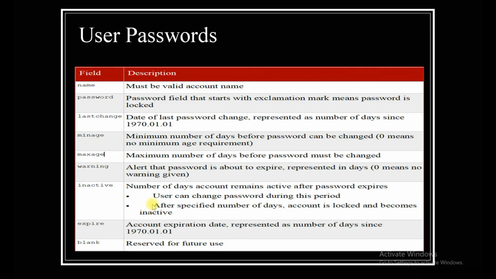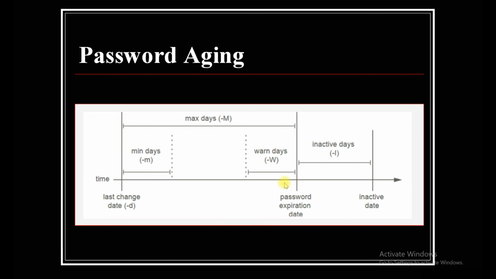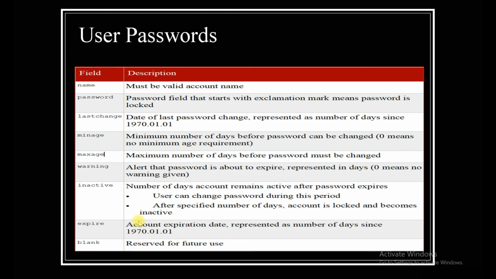This is inactive days. Let's say you have 90 days, and after the 90 days you still have 7 days. For example, within the 7 days, if you don't change your password, you can still use the expired password. If you don't use your expired password to change to the new password, then your password will expire and your account will be inactive. Already it's expired, but you can still use it up to the mentioned time, and if you don't, your account will be expired. This is small m, capital M, this is for warning inactive.